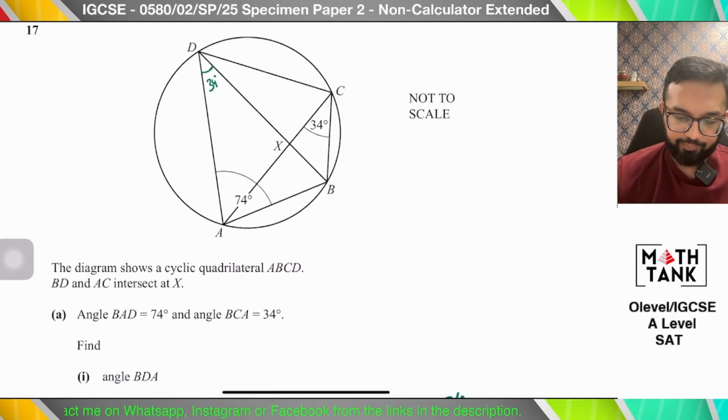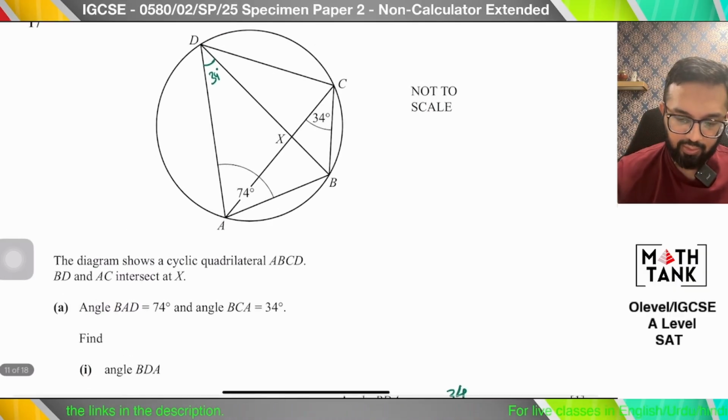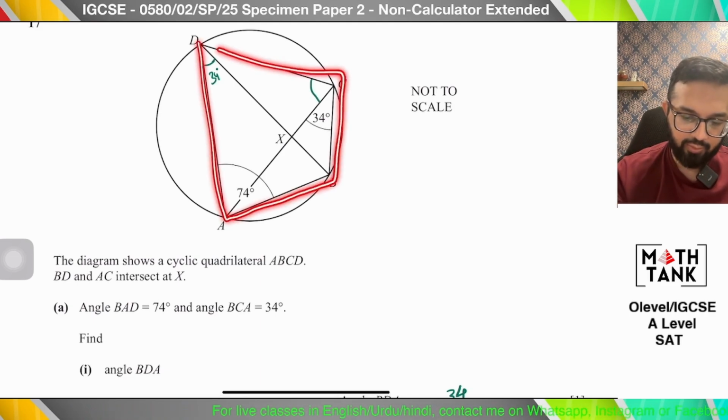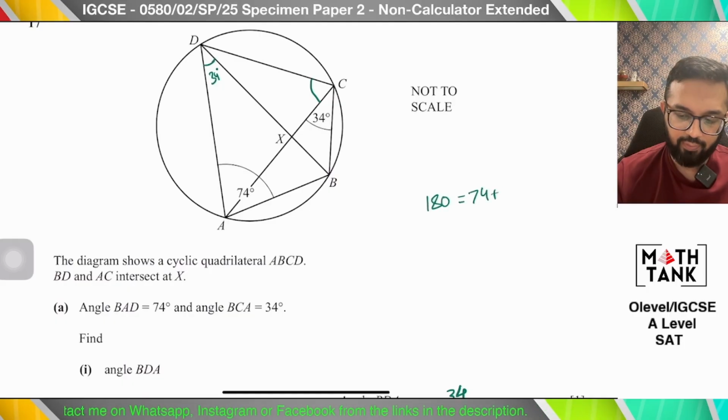Then this is also a cyclic quadrilateral, so I can also figure out this angle because I see a quadrilateral there. So 180 equals 74 plus 34 plus whatever that angle is. Okay, so 180 minus 108,